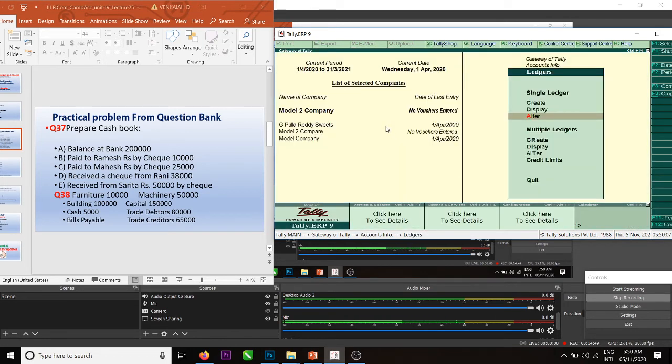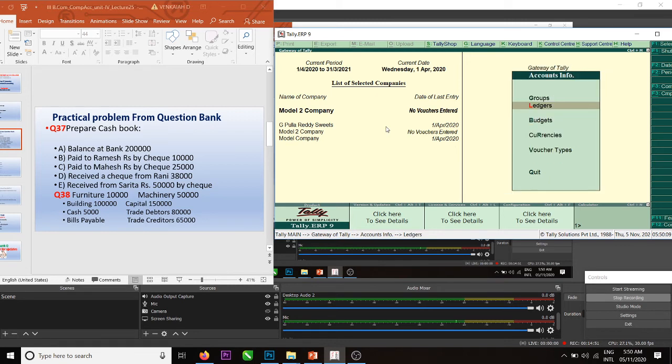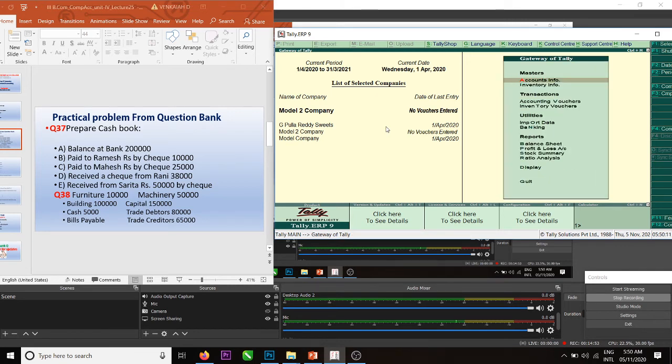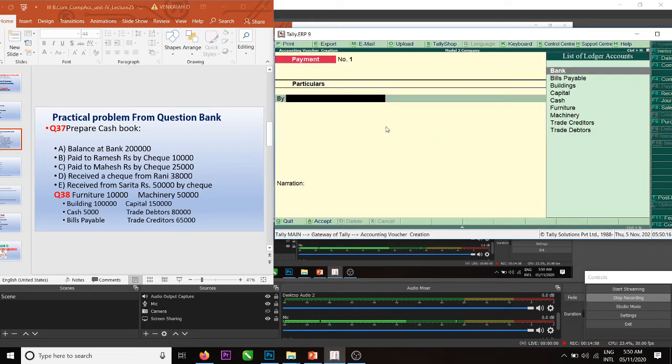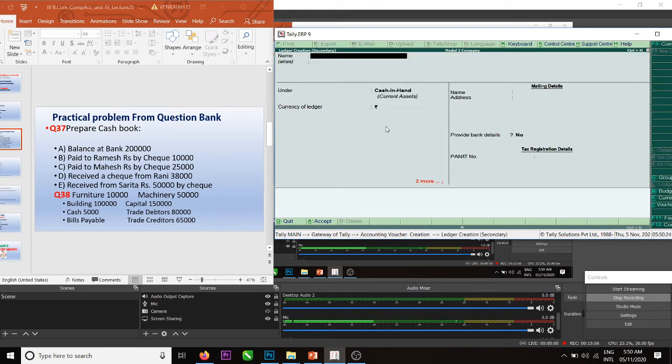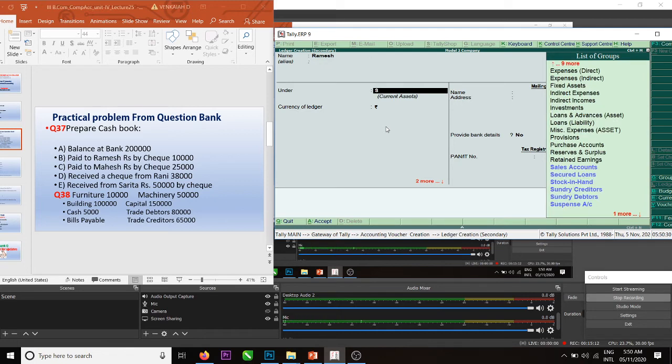Now voucher entries. Accounting vouchers. Paid to Ramesh by check. Ramesh account debit, to bank account. Alt C for creation of Ramesh account, under sundry creditor.